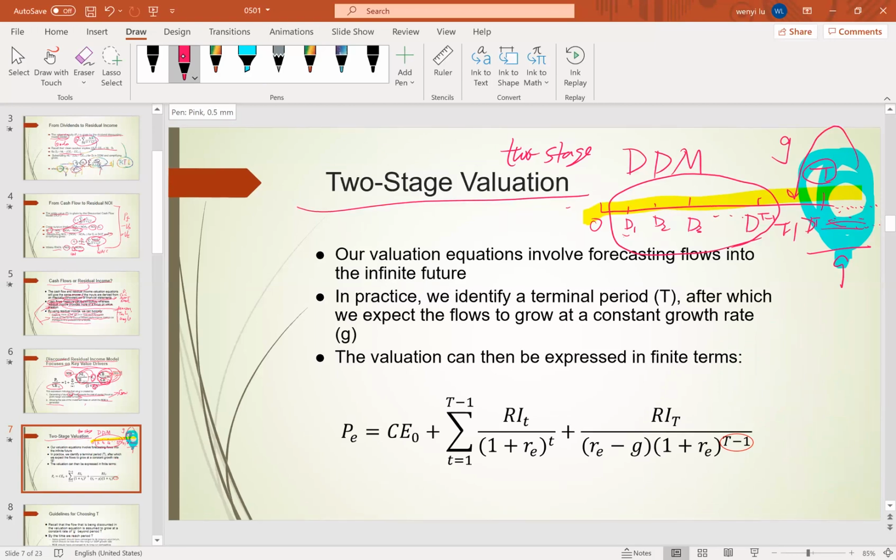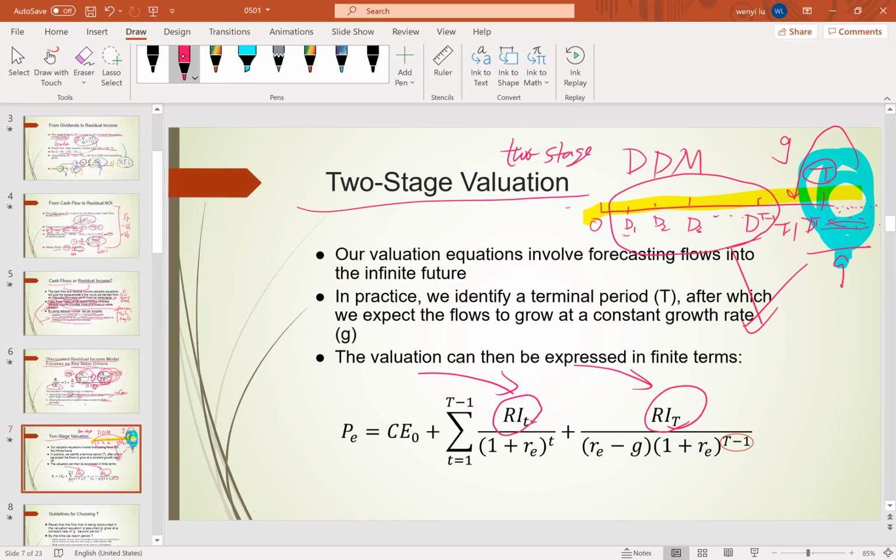We will still follow these two stages, but now we will not use dividends. We will use residual income instead. Everything will still be similar, but here we apply residual income. So the price, the value of equity, for growth companies like Tesla, for example,